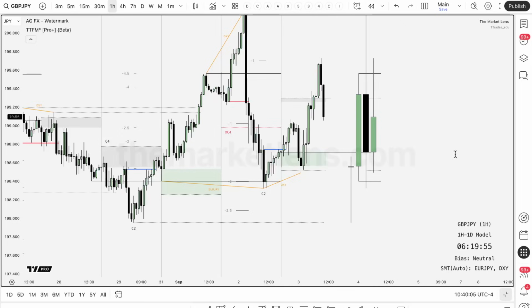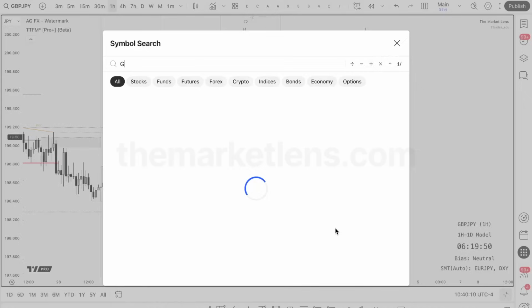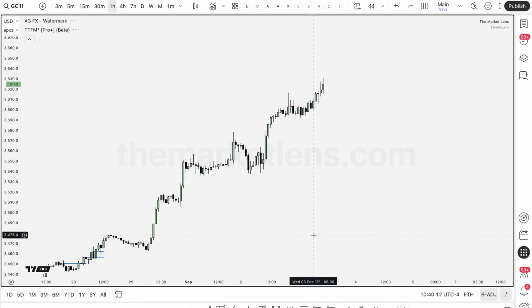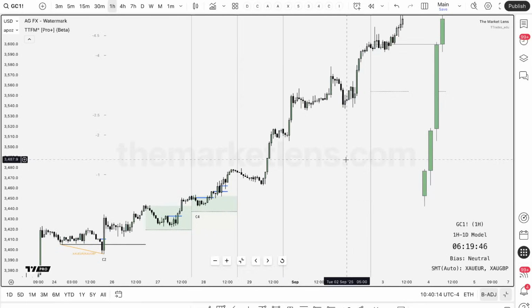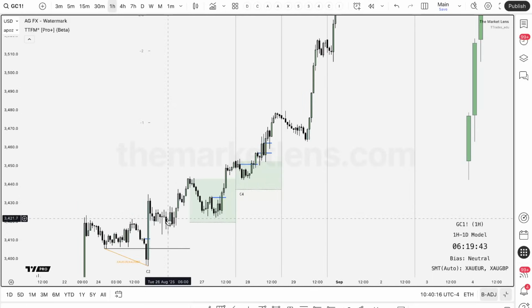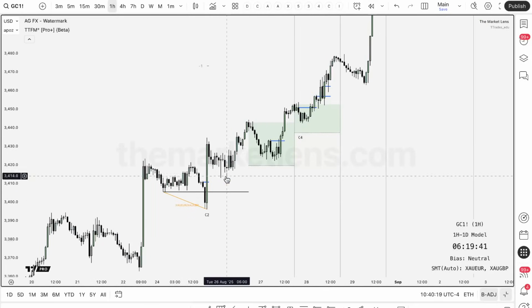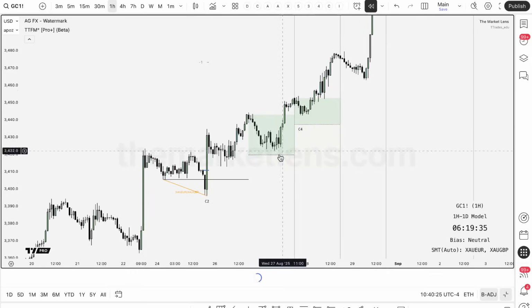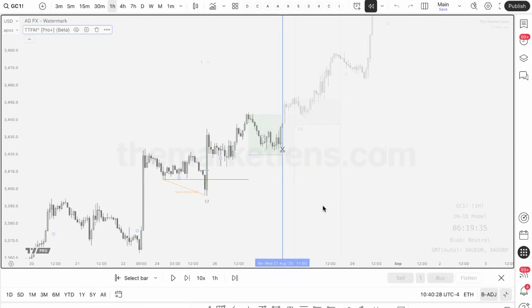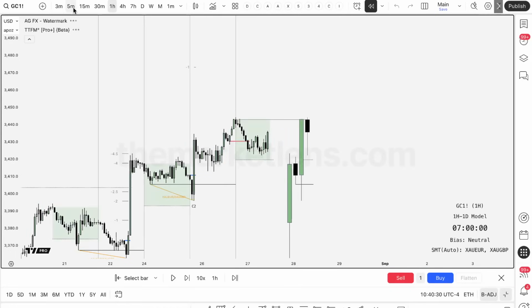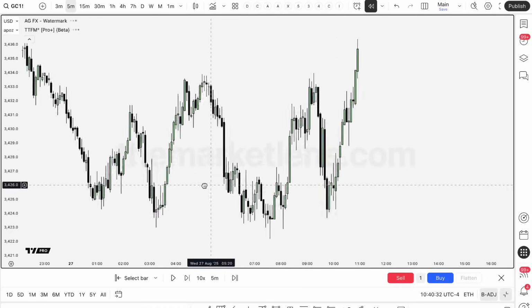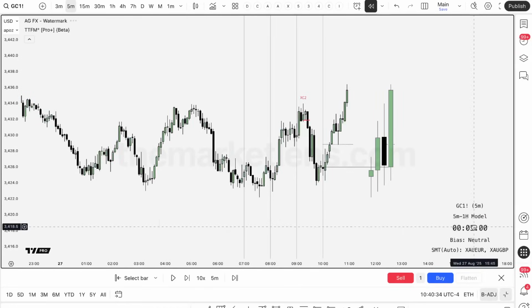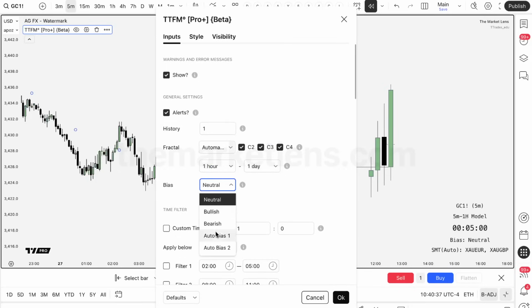Auto bias 1 is profiling the H4 candle per direction. Yeah, I'll show you guys. So for instance, we can see we come down here with this setup, had candle 2 closure with SMT, and then continuations out of there, which is why all those are marked up. But if you go into here, this will work on auto bias 1, because if we're using a 5-minute here, it's going to reference the daily setup. And so if we go to auto bias 1,